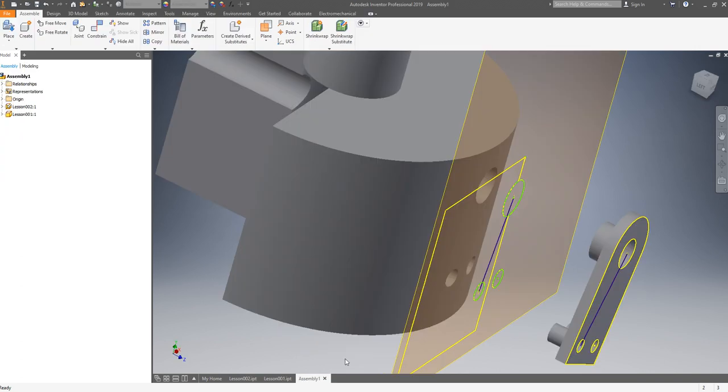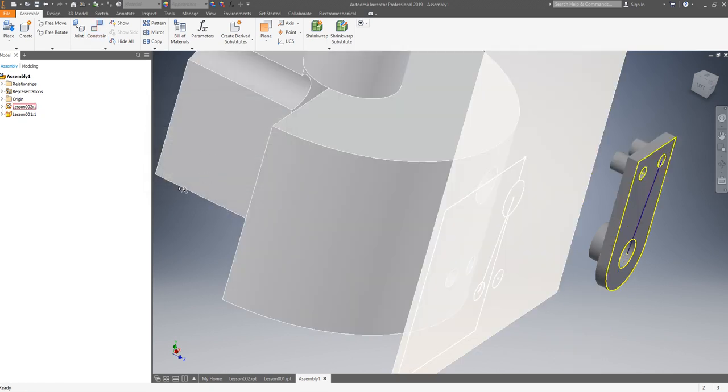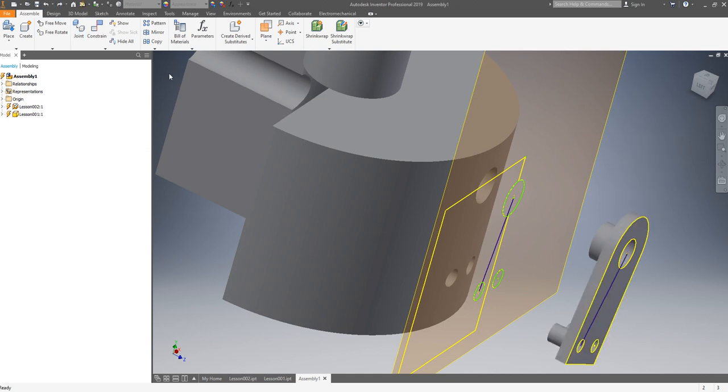Let's go back to the assembly. Okay. Now constraints. So angle, first line, second line should be 0 degree. Select this one. Should be 0 degree. Check. Nope. It's not.